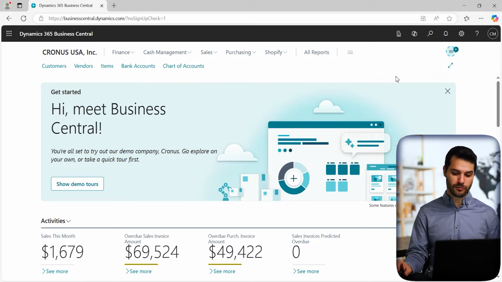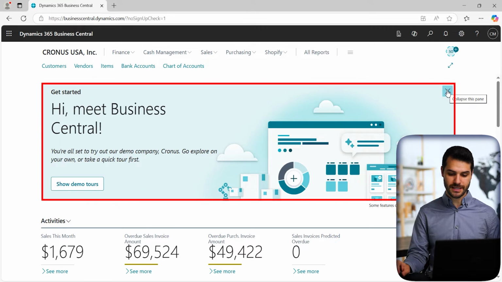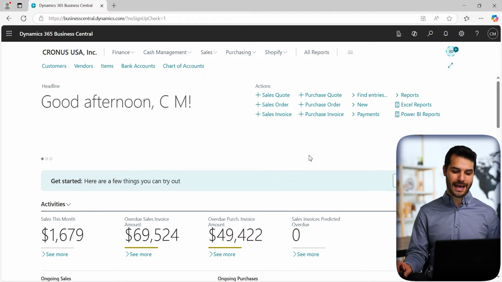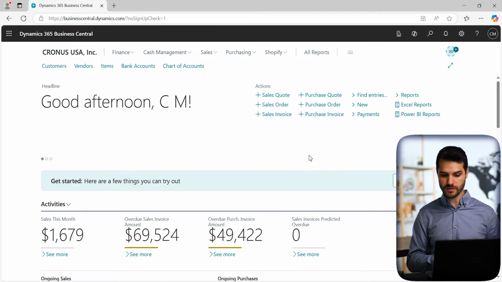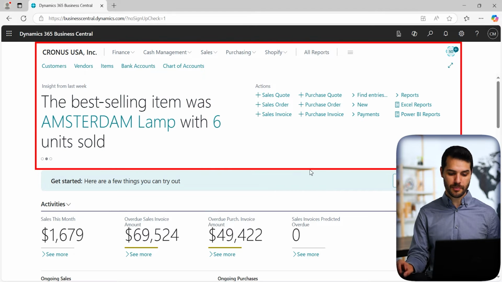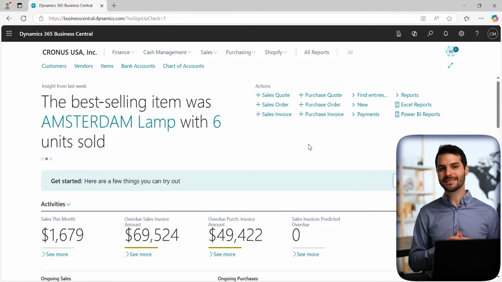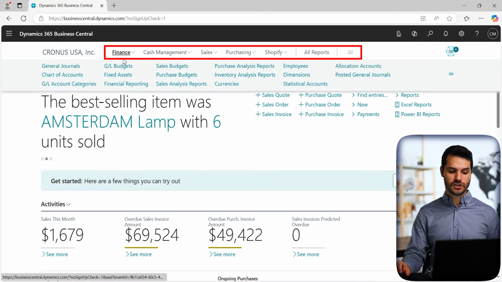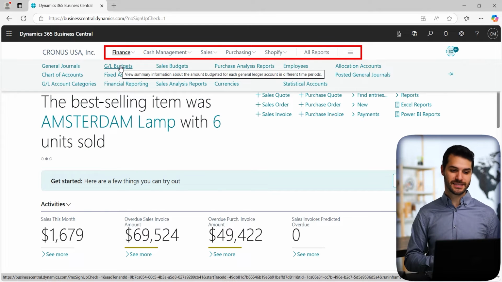And the way I would like to break this down, first off, I'm going to delete or close this banner headline. So we'll click on this and it opens up a little more real estate here. And really what we're looking at here is there's three major sections of your Role Center. What you can see up top here is your navigation or actions section of the Role Center. You can use these tabs up above to basically dive deeper into the system